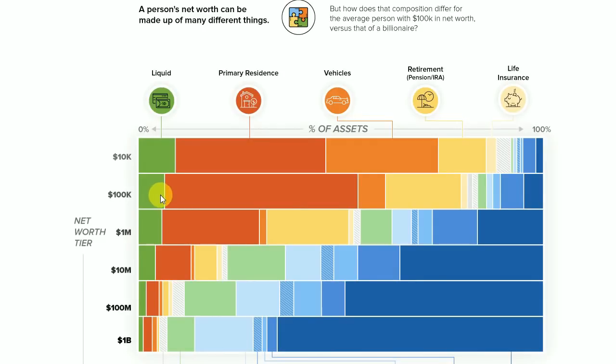Now, for those of us in the stacking community, precious metals accumulation and the like, we would see this line shift over, and we will probably have more than, as a percentage, than the prior level. And I think we would certainly fall in this area because gold and silver are liquid assets. Moving on up, from this point, I think we're going to start to feel a little better about ourselves as a community, not only because we do hold gold and silver,